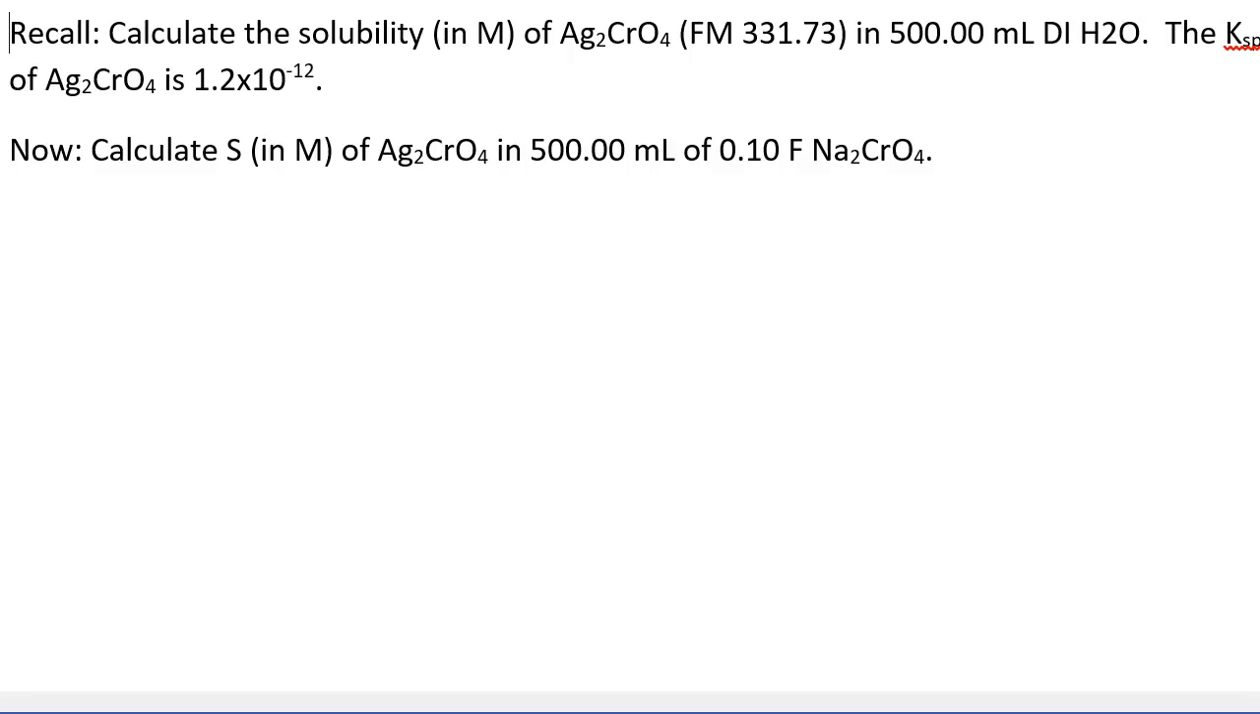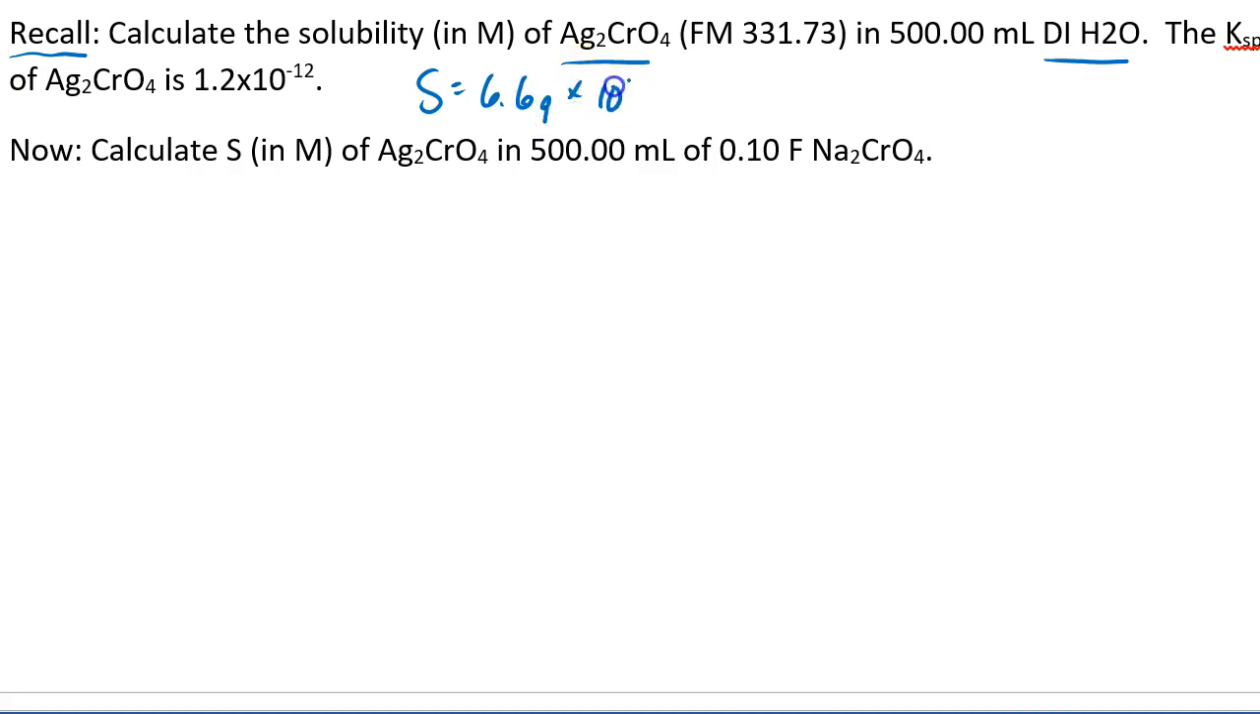Hi everyone. Let's do another example using Ksp. Remember, in the problem that we just did, we calculated the solubility of silver chromate in deionized water, and I think we got 6.7 times 10 to the -5th molar for the solubility. So let's do a very similar problem where we calculate the solubility in half a liter of a solution containing